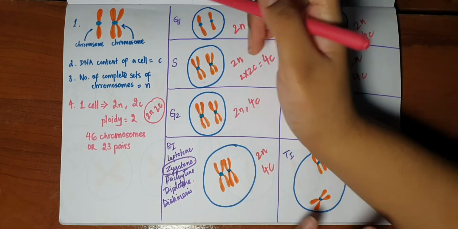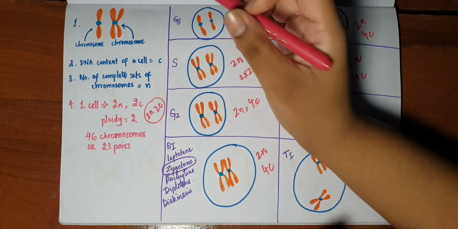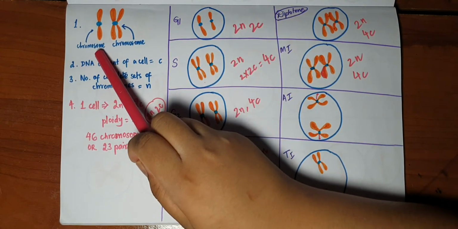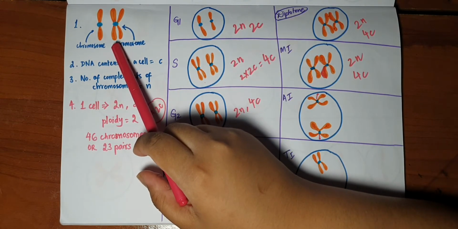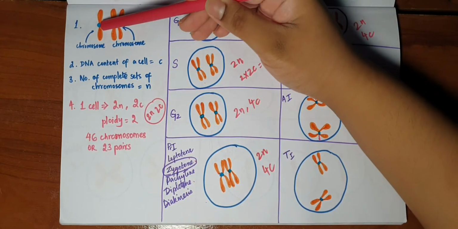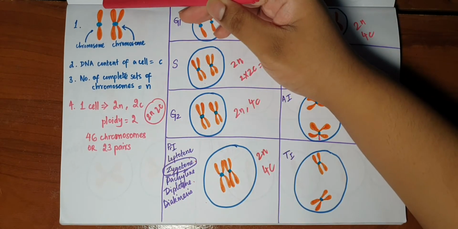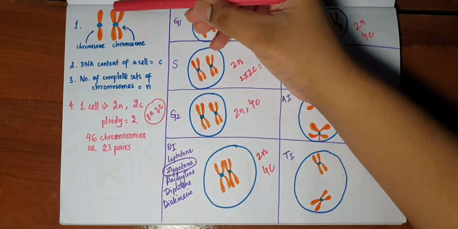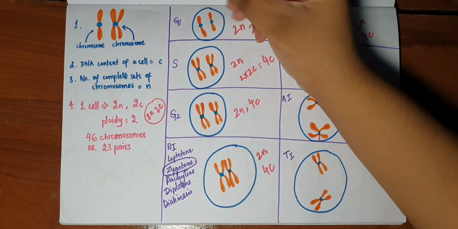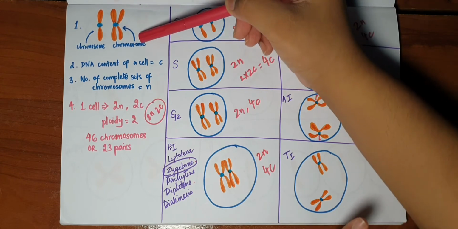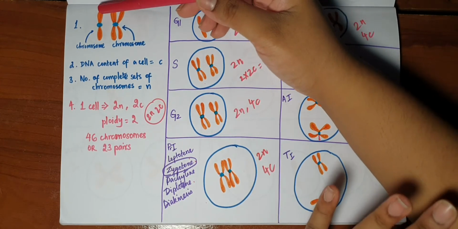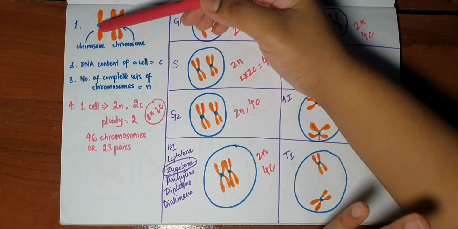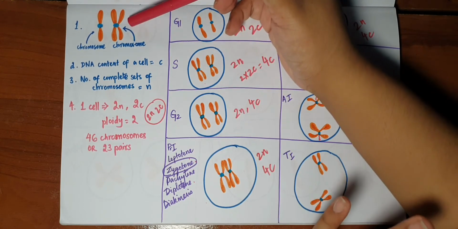We'll start by learning 4 important things. First, this is a chromosome and this is also a chromosome. You can see here there's a centromere attached to one chromatid. This is another centromere attached to 2 chromatids, and both of these are considered chromosomes. So, as long as there is at least one chromatid attached to the centromere, both of these structures are considered